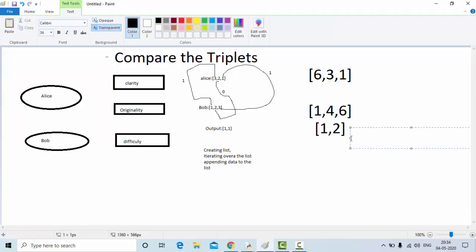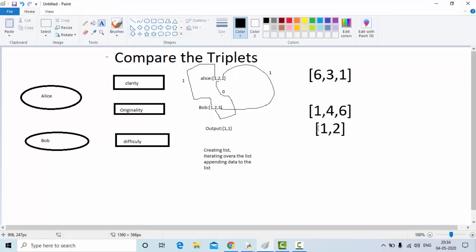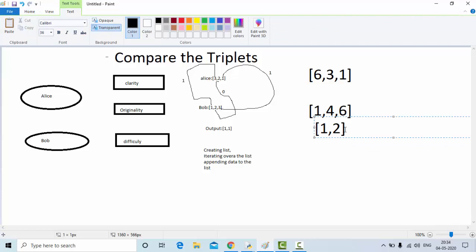So with this problem, what we are going to learn is creating this list here. Creating the list we are going to learn, and also to solve this index by index, we need to iterate over the list. So even that we are going to learn, and once we get that value we need to append it to a list, right? So even that we are going to learn with this problem. So let me get started here directly.